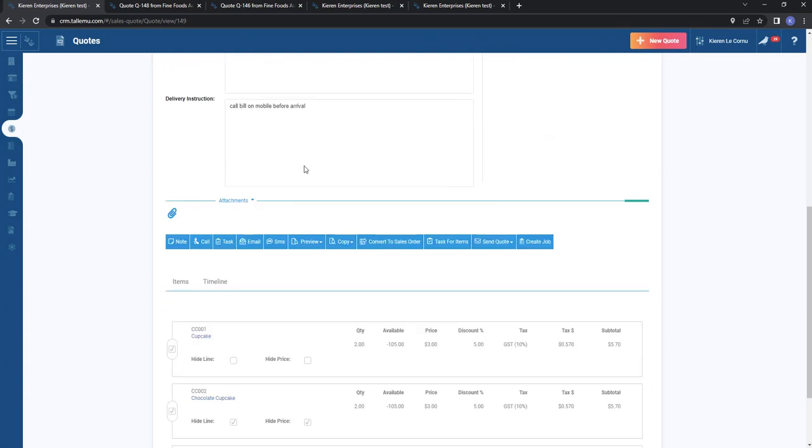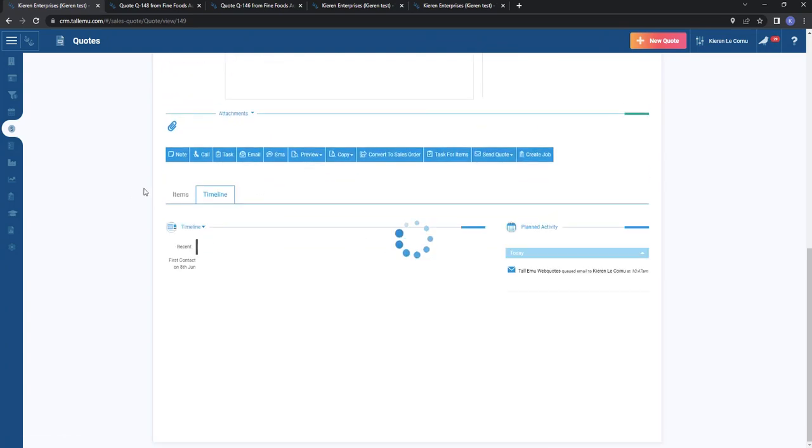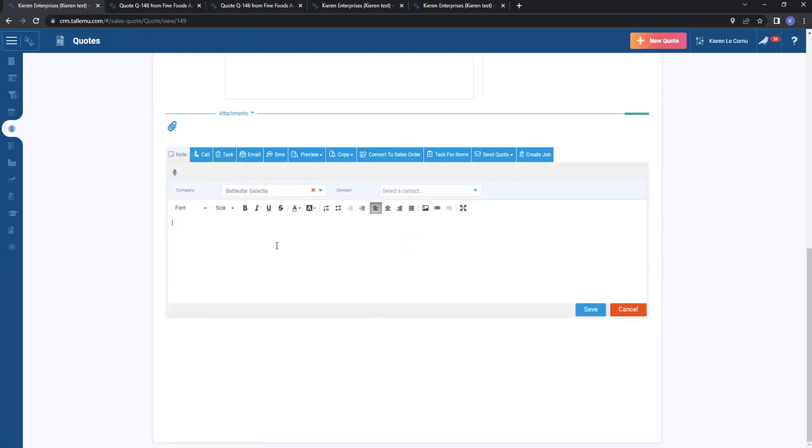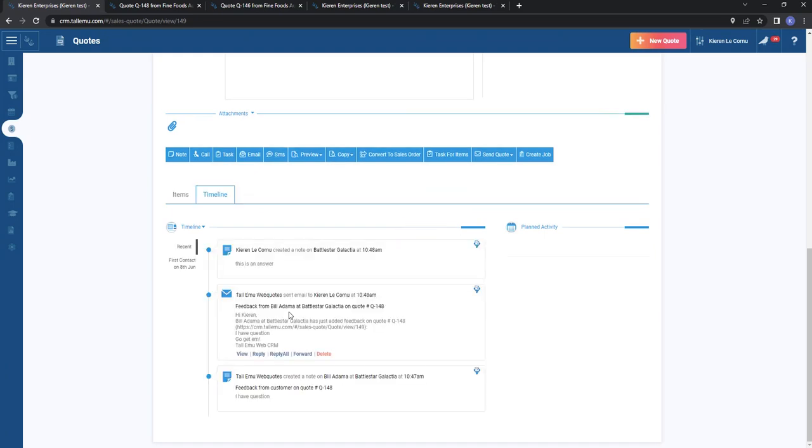What then happens is, in the timeline of the record, we can see that that question has been pulled through. As the salesperson, it's also sending me an email to alert me that the customer has asked a question. So once I get that email, I can hop in here and go and add the answer. Hit save, and you can see that the email is on the timeline here, my answer is on the timeline,